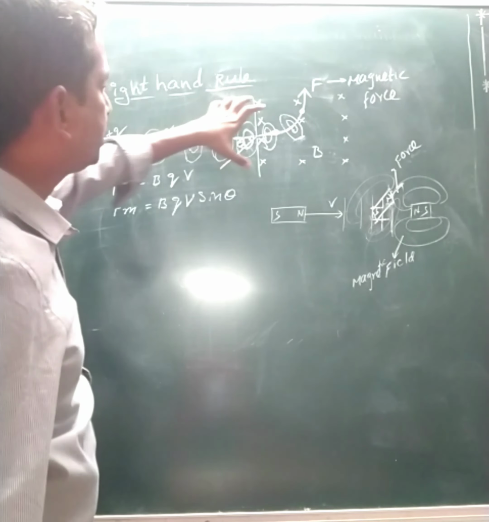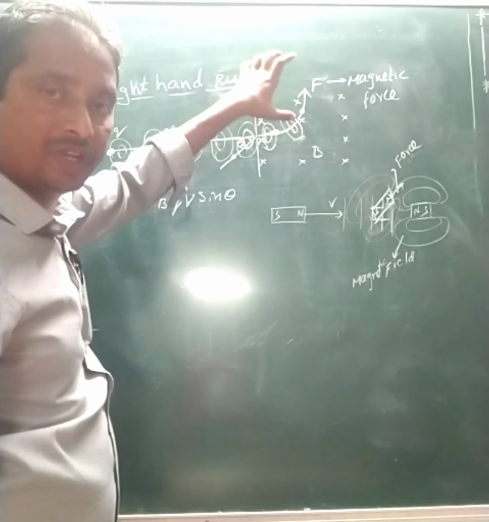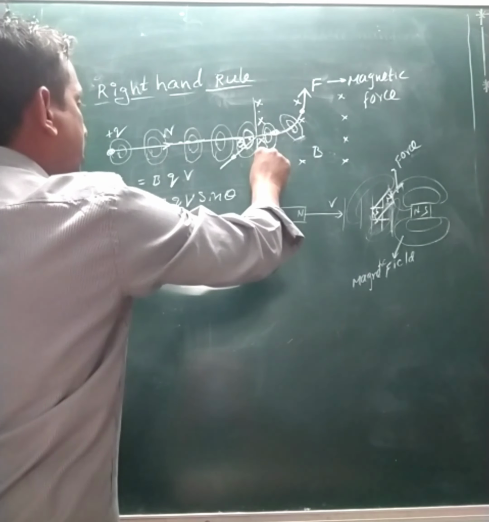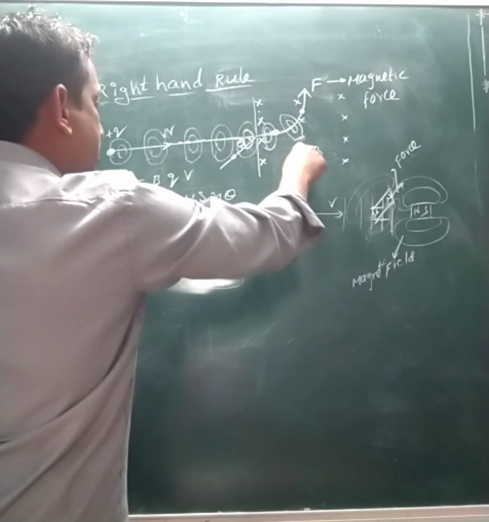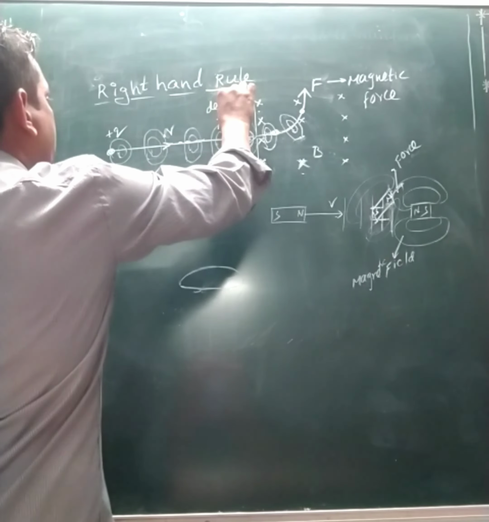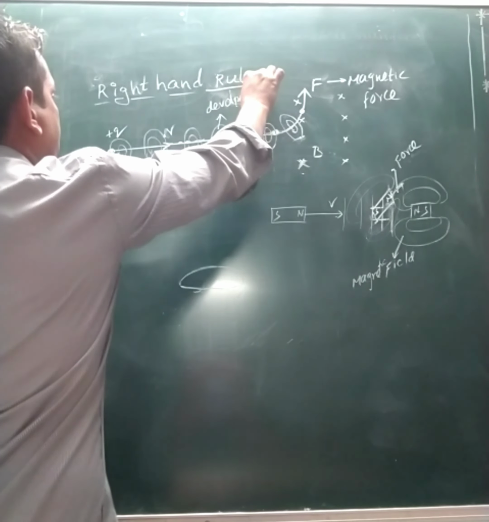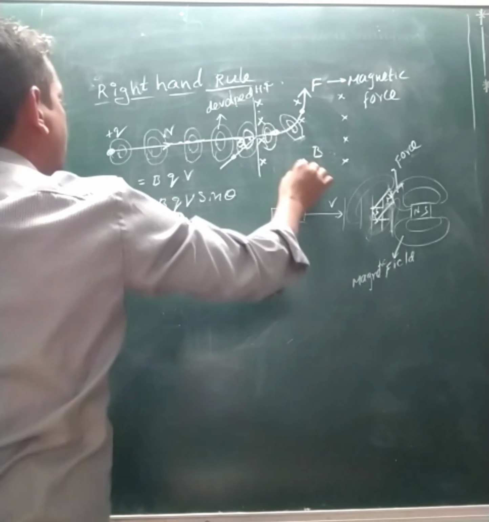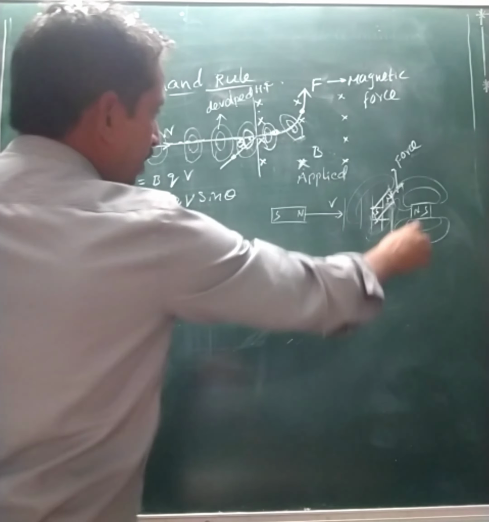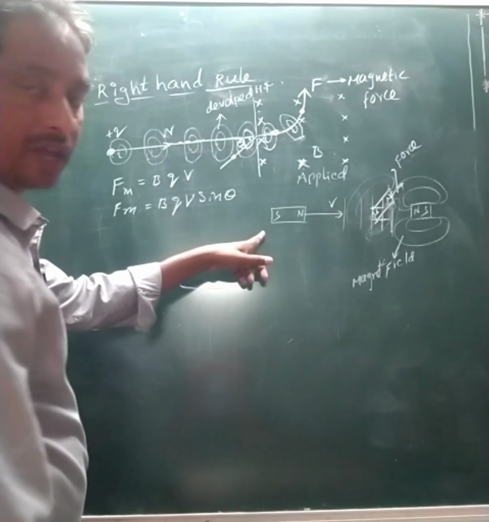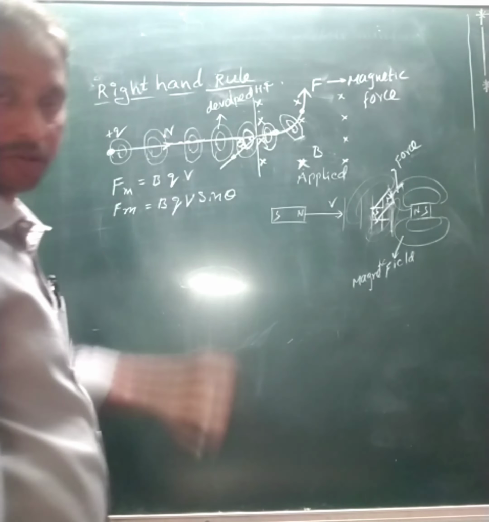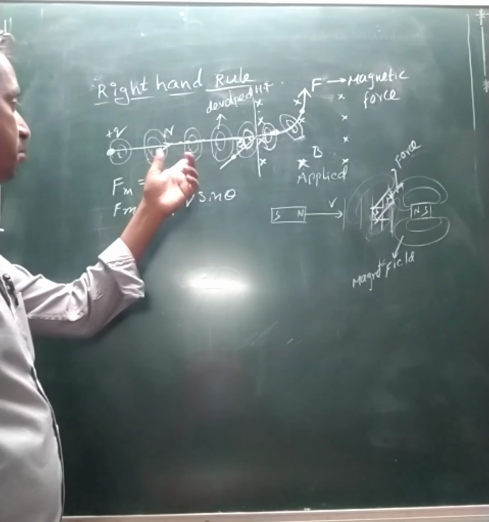When it reaches the field, one field is there, that is the applied field. This is the applied field. This is called the developed field. So one of them is the developed magnetic field, and one of them is the applied field. Applied means you apply it here. But here, due to charge motion, it is developing a field. That field is a magnetic field.